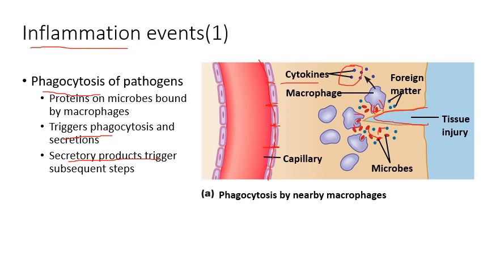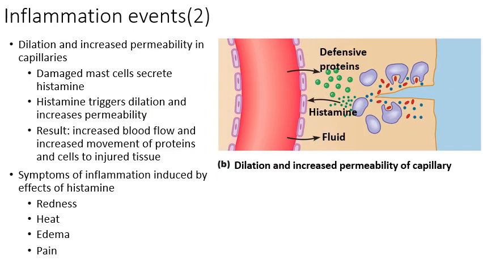Those cytokines are out there, and they're going to induce cells to secrete histamine. Histamine is going to cause dilation and increase the permeability, the openings between those endothelial cells, that are going to allow fluid and allow